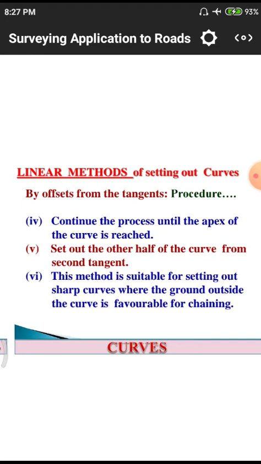In another method, we have small cumulative errors. Cumulative errors means small fractions: if we want to get 30 meters, we will get 30.15 or 30.3 meters, or in case of negative error, 29.5 or 29.7. So we will get some quantity of less length or some quantity of greater length. But in this offset method, we will get the exact length. Why? Because at each and every 1 meter we get equal offsets, so there will be no mistakes.